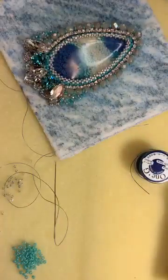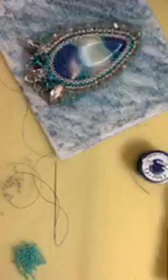So, different patterns, and it offers something different other than your regular ultra suede. So this is something that you can